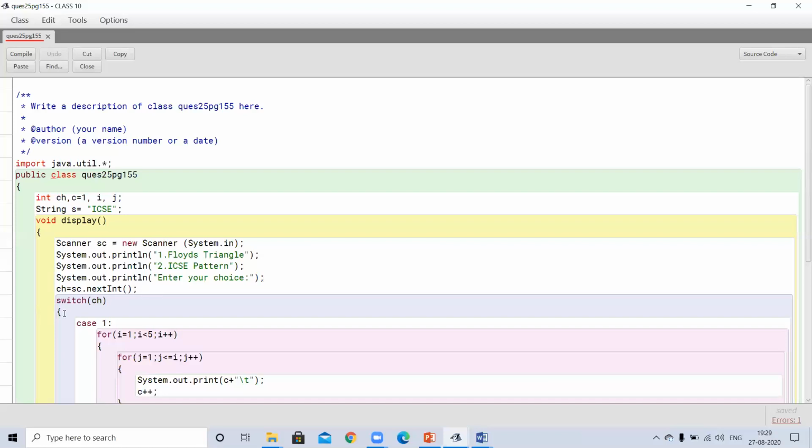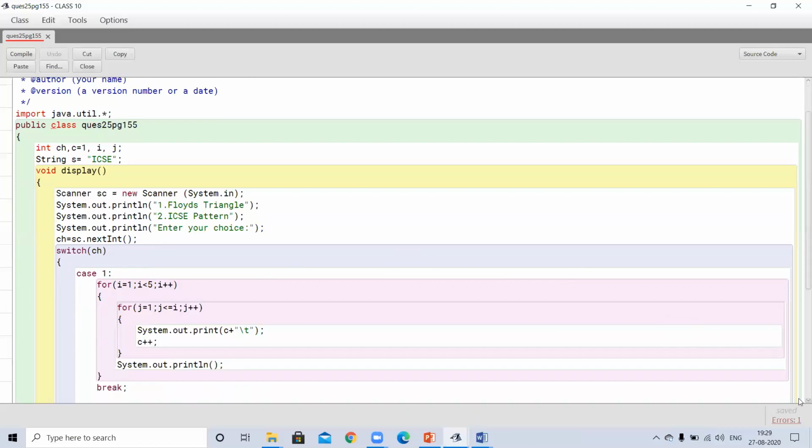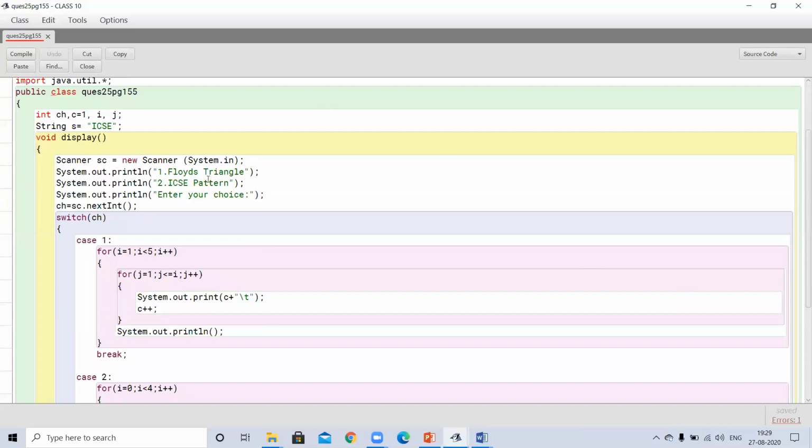Now we will come to our switch statement. According to the given choice, it will switch to the particular case: switch(ch), then case 1. Here we will start the loop, if the user's choice is 1, meaning you want to print the Floyd's triangle.